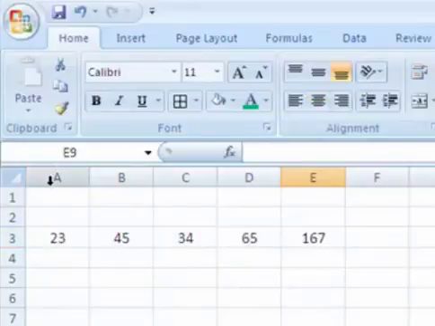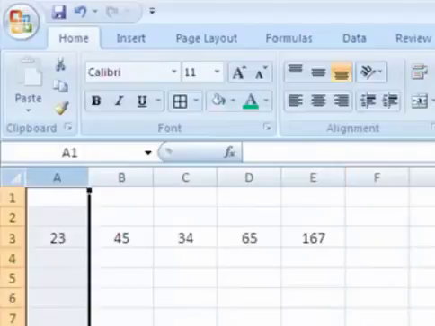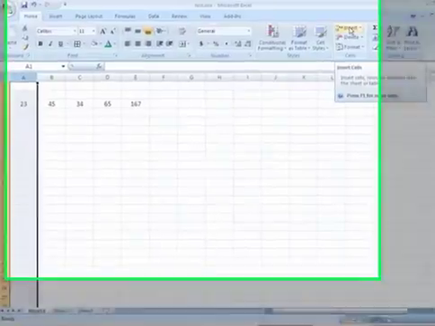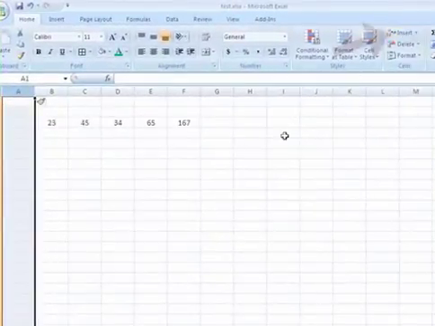Now, given that these are test scores, we actually need a blank column on the left, and so this leads us into a really useful skill, which is inserting a column. So just click on the A tab at the top, that highlights the whole column, and then we need to find insert. So you can see insert is over there at the top right. Click that and we've got a new inserted